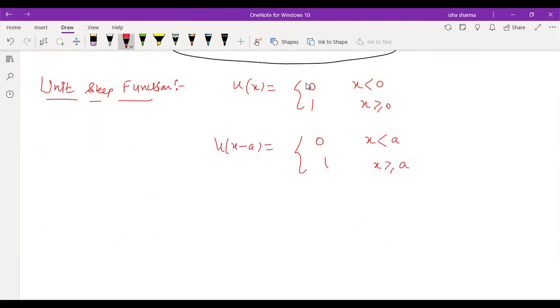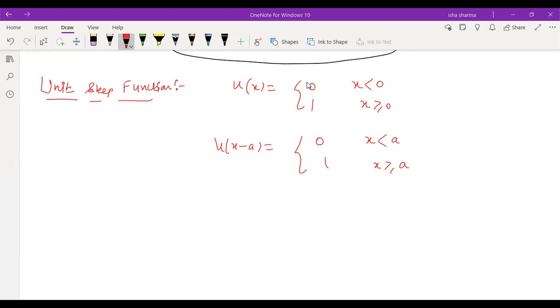Now why is this unit step function introduced? Because it has a connection with the Laplace transform. So I'll be defining this second shifting theorem, which is helpful in evaluating the Laplace transform, because all of these properties which we are defining, first shifting theorem, property 2, 3, 4, and 5, whichever we have done so far, all of them are helping us to evaluate the Laplace transform or Laplace inverse transform of certain functions, right? So the same thing is going to be done with the second shifting theorem.